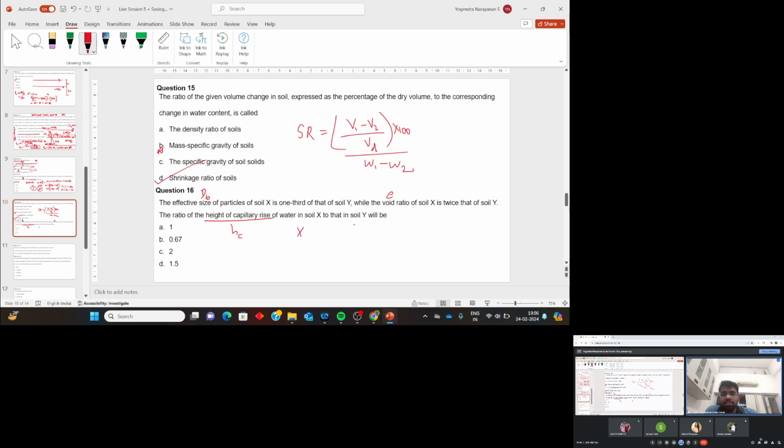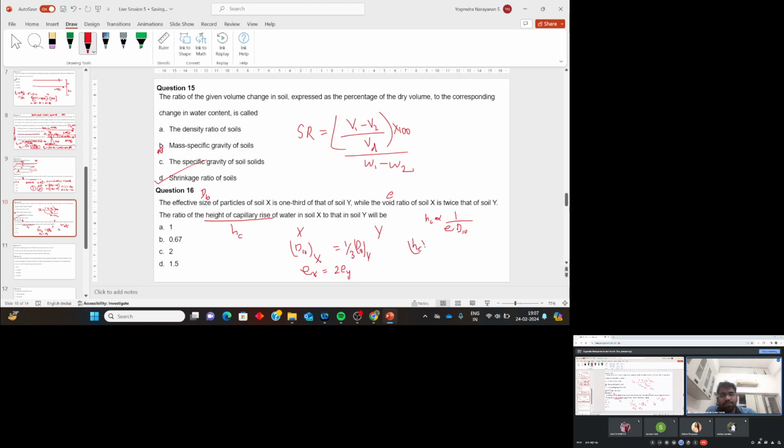So this is soil X and this is soil Y. We know that capillary rise is inversely proportional to e into D10. Here, if we take D10 of X is equal to 1/3 D10 of Y, and e of X is equal to 2 e of Y,